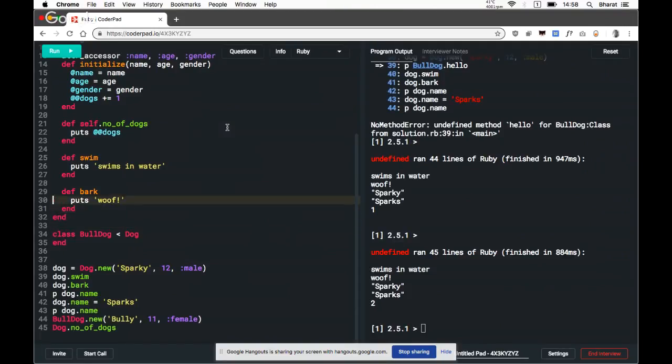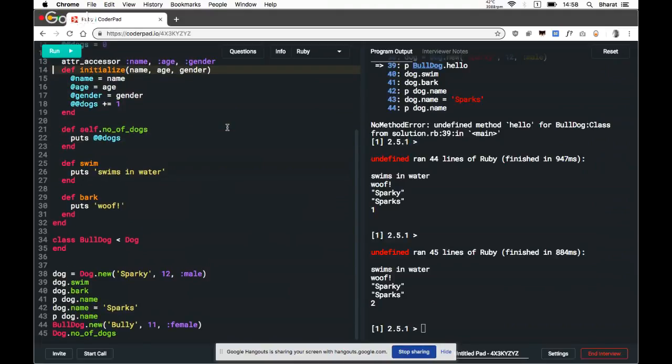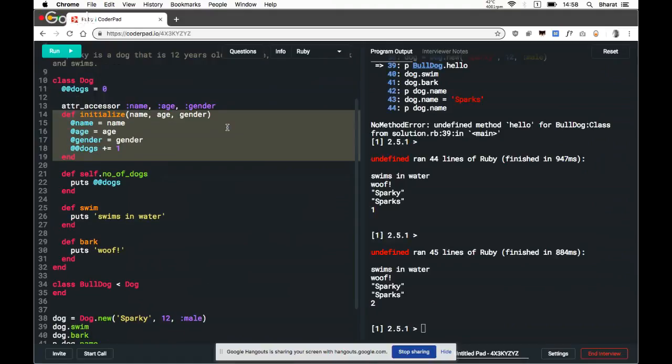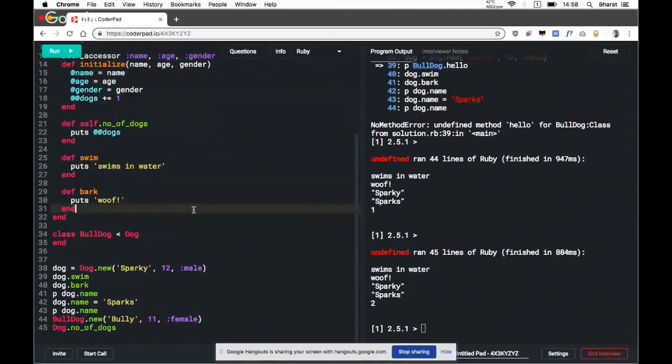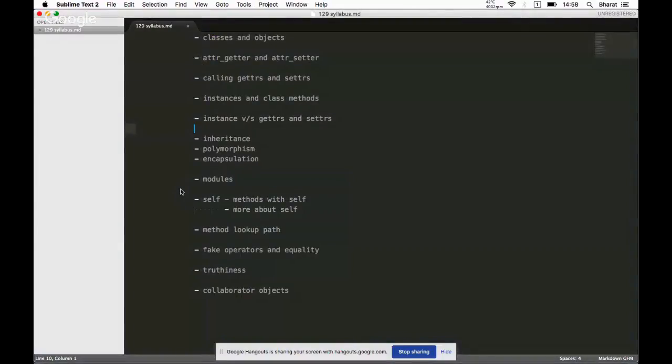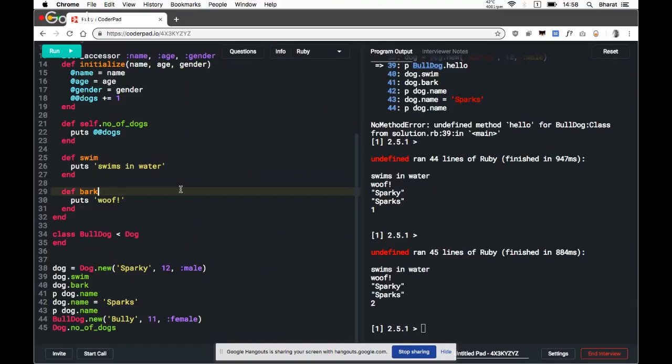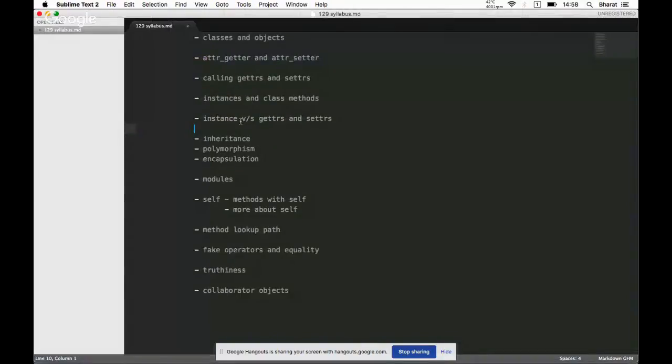So class methods typically act when there is no object involved, or at the time of initiation. So their scope is different from an instance method, because the state they're capturing is relevant to the class and not the instance. State and behaviors are both relevant to the class and not the instance. I don't have much else to say about that. Instance and class methods, I just talked about that.